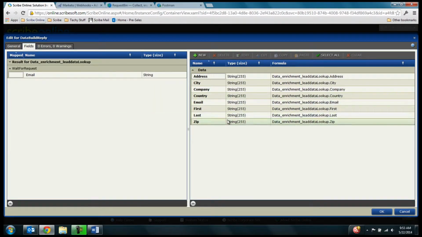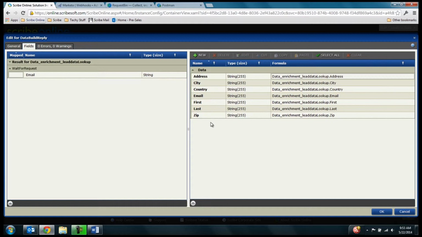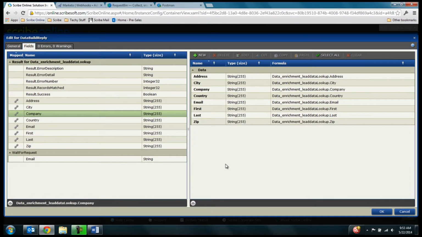And then I'm going to map fields across. So I can see here, I've already mapped a bunch of these fields. What I'll do is I'll remove the company field. So we delete that from my reply. If I wanted to remap that company field, all I have to do is drag and drop to the right. It actually creates that parameter for me to use in my mapping. So it's really simple for me to just drag and drop those fields left to right to create the response